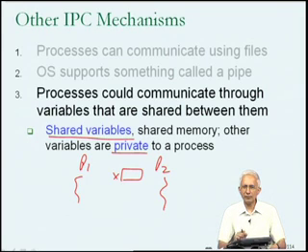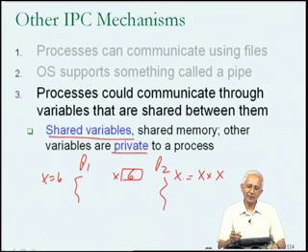and all their other variables are not shared or are private. Now this is a bit of an oddity, but we could clearly understand that if this facility is there, then if process P1 wanted to communicate the value 6 to process P2, the program could be written so that process P1 writes 6 into that variable. In other words, it just sets x equal to 6, and process P2, in order to read the variable, would read x, and if it was supposed to square it, you can multiply x by x and put the value back in x, as a result of which x would become 36, which can then be read by the parent.